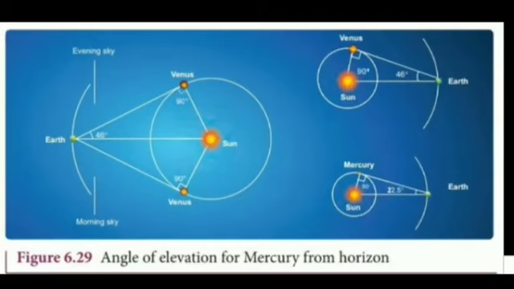This figure shows that when Venus is at maximum elongation, for example 46 degree, with respect to Earth, Venus makes 90 degree to Sun. This allows us to find the distance between Venus and Sun. The distance between Earth and Sun is taken as one astronomical unit, 1 AU. The trigonometric relation satisfied by the right angled triangle is shown in this figure. Sin theta is equal to small r by capital R, where r is equal to 1 astronomical unit. So, r is equal to capital R sin theta.